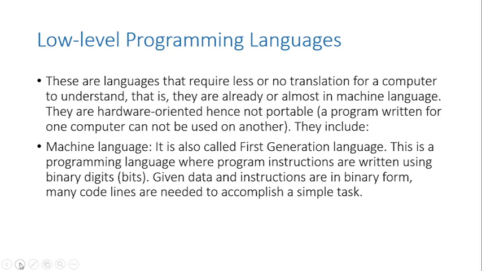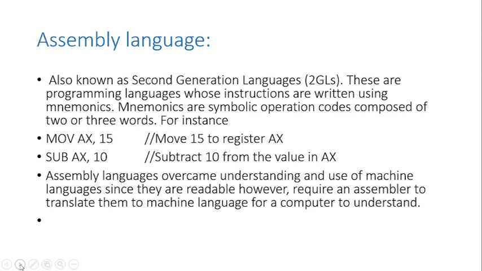It is given data and instructions which are in binary form. Many constraints are needed to accomplish simple tasks. Another low-level language includes the second generation languages, or the assembly languages. These are programming languages whose instructions are written in mnemonics, which are symbolic operation codes composed of two or more letters. For instance,